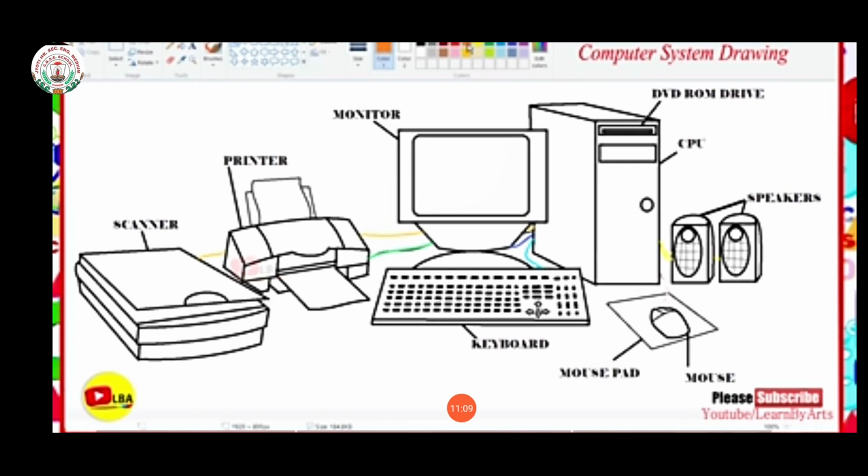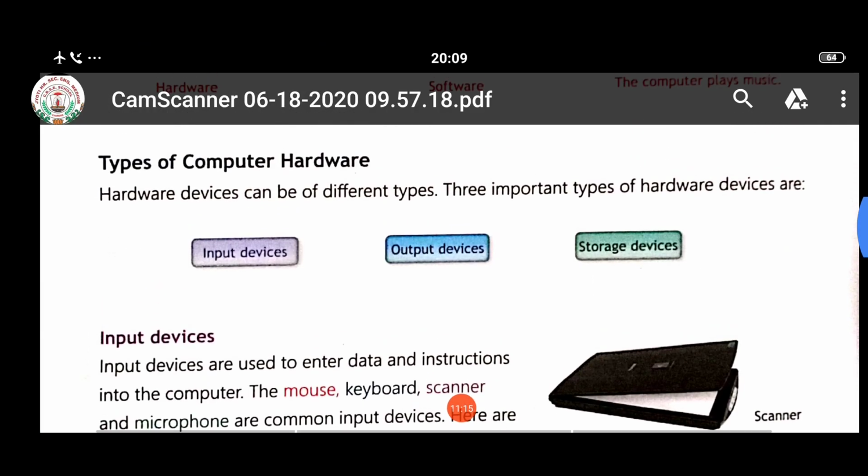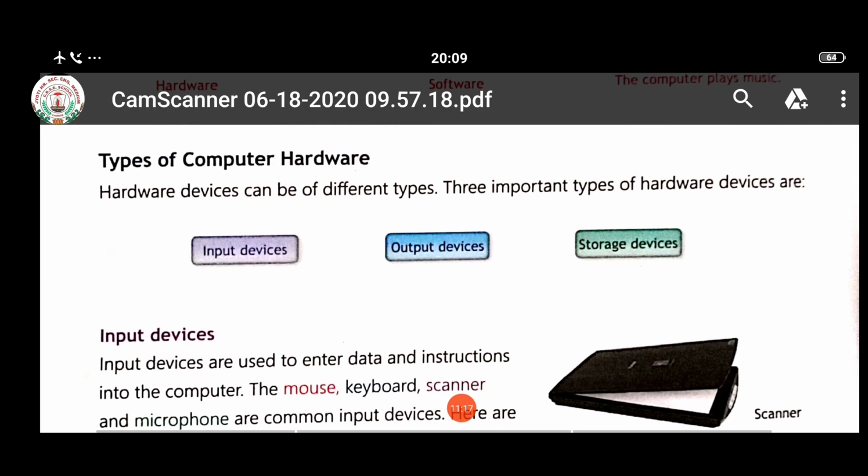Now come to the types of computer hardware. Hardware devices can be of different types. Three important types of hardware devices are input devices, output devices, storage devices.